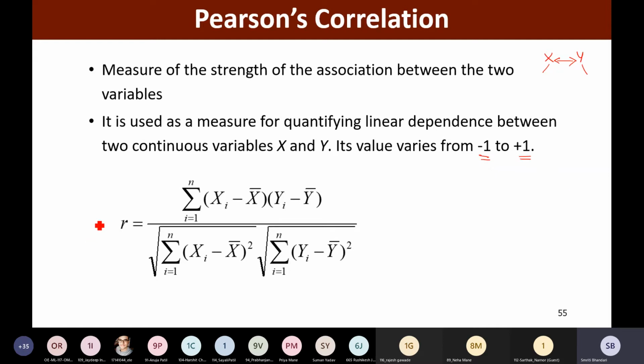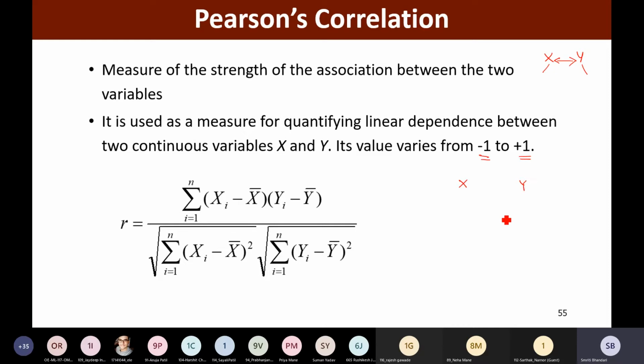And this is the mathematical formula that we are going to make use of to find out the Pearson's correlation coefficient. Let me explain what this formula is. As I stated, we are trying to find out the correlation between two continuous variables, x and y.